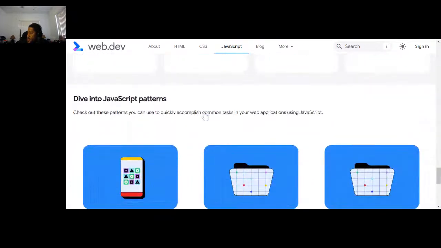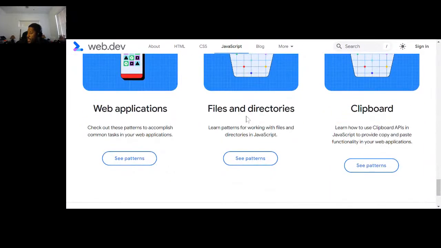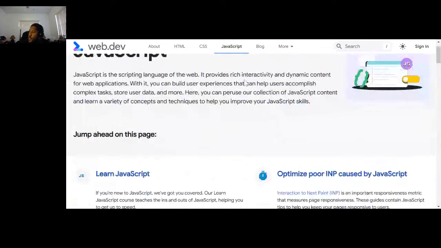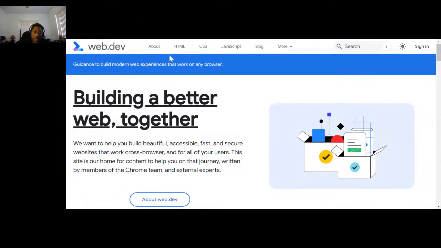And they have web applications, file directory, then clipboard. Yeah, super cool. If you've never been to web.dev, it's a pretty dope resource to be able to learn about things on the web. So shout out to them and the whole team behind that. I'm pretty sure Google is behind all of web.dev. So shout out to everybody involved.